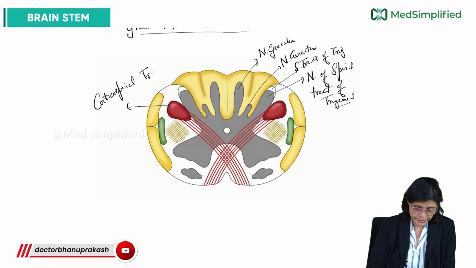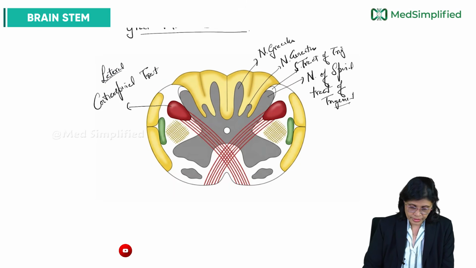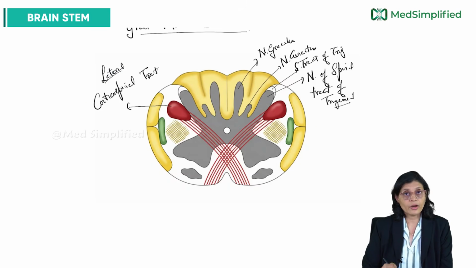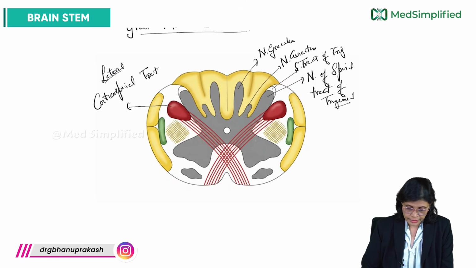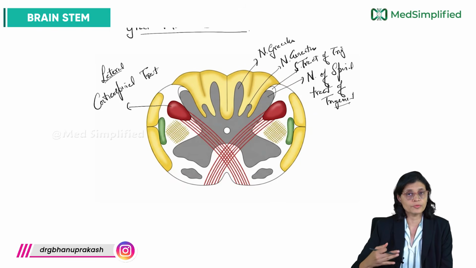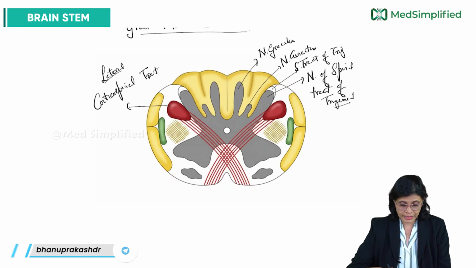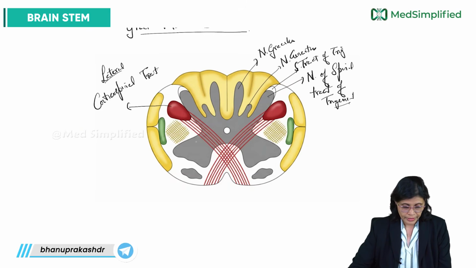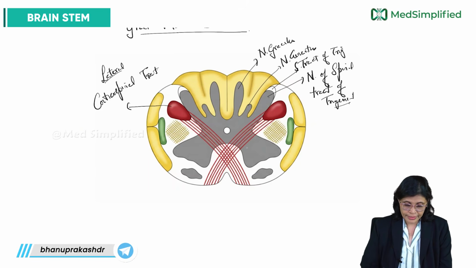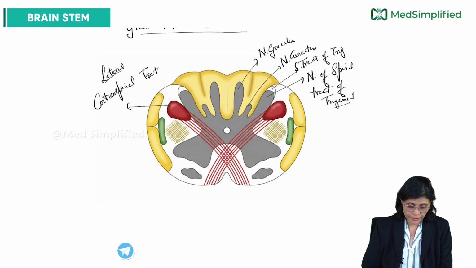Okay, this is the lateral corticospinal tract. Now, this is crossing here. Because of the crossing here, what is happening? The grey matter is getting detached from the central part. The anterior horns which we see in the spinal cord, the same thing when we trace it up in the lower part of the medulla we see similar, but because of the crossing over here, the anterior horns are detached, and these detached anterior horns form the